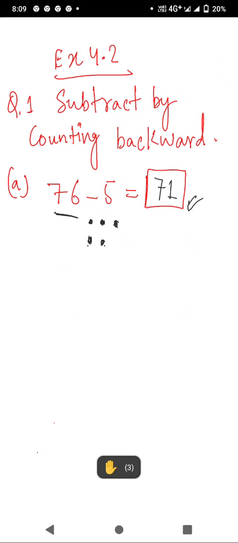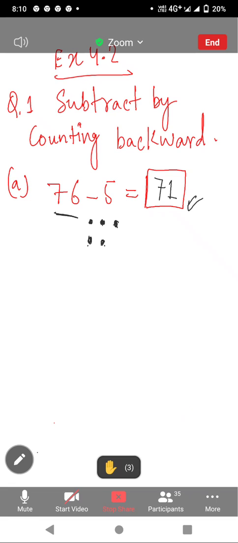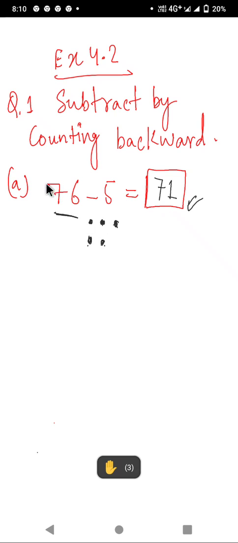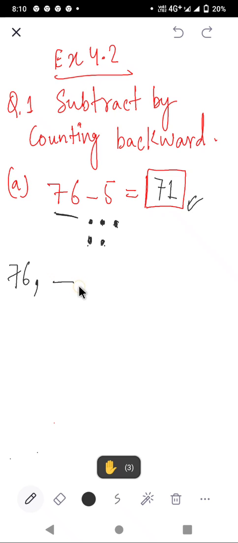Okay, so have you all understood this first part? You can use these dots also, you can make dots and then you can count backward, or you can make lines also, 5 lines like this. Earlier I told you, no? How many times you have to count backward? 5 times. 1, 2, 3, 4, 5 lines you can make. Then you can write backward counting before 76. 76, then 75,